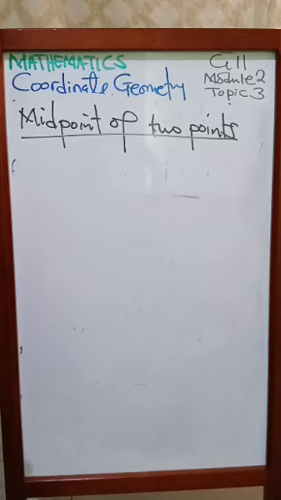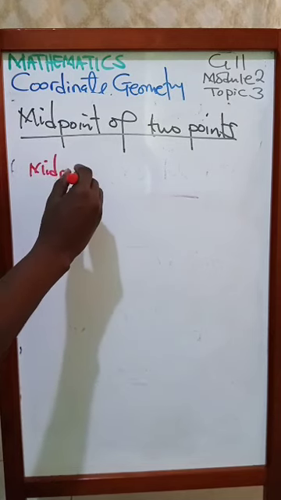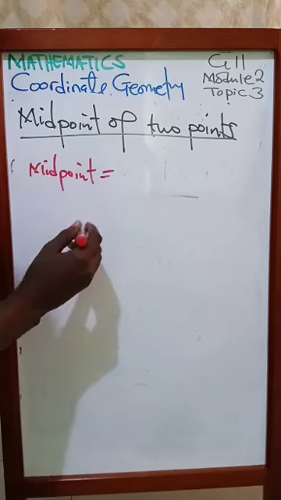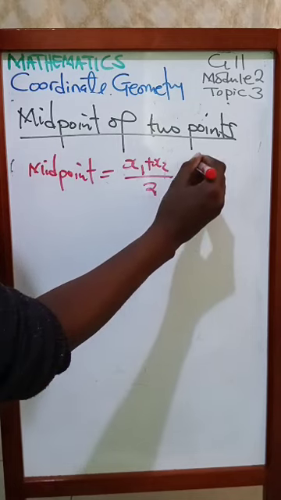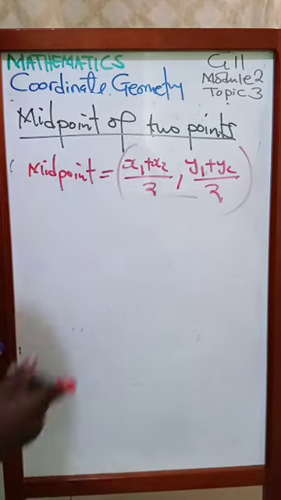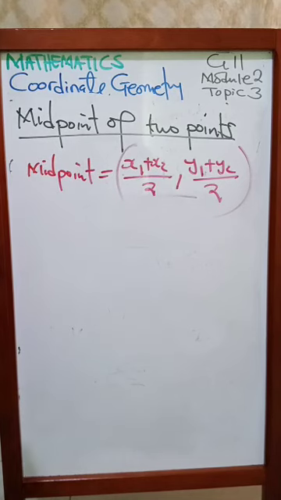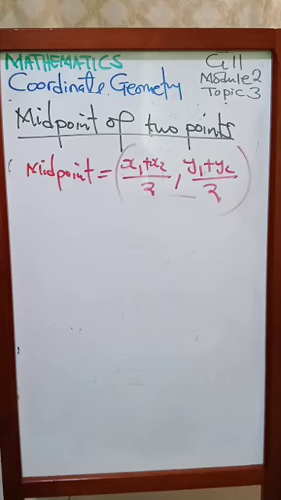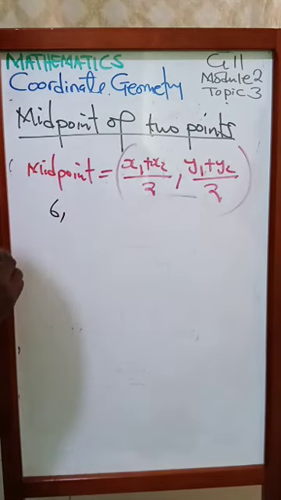So in order for us to calculate the midpoint of 2 points, there is a formula that we use, okay? The formula is: midpoint is equal to x1 plus x2 divided by 2, comma, then y1 plus y2 divided by 2. So this is the formula that you use when you want to find the midpoint of 2 points. So let me give an example. Suppose we have 6, let's say 6,